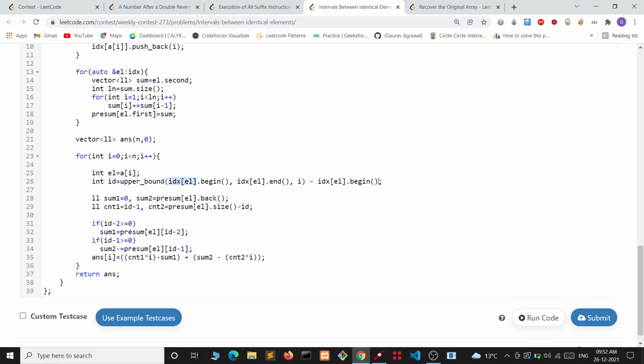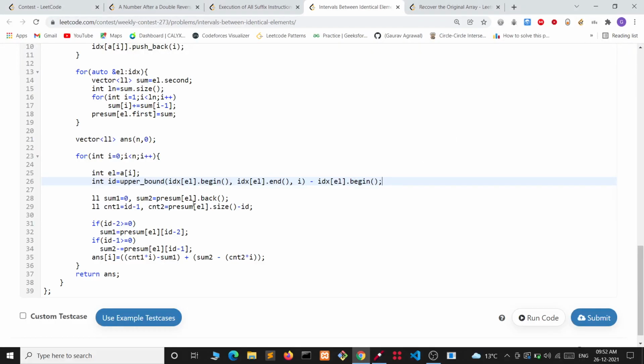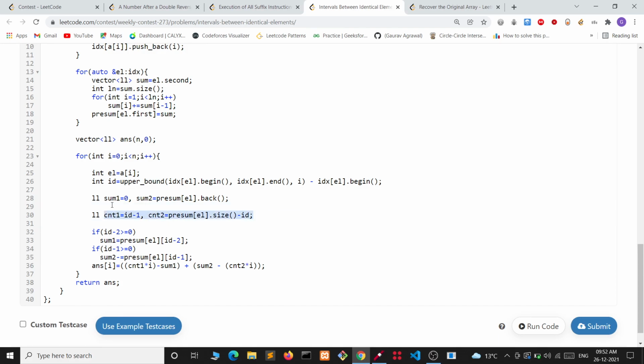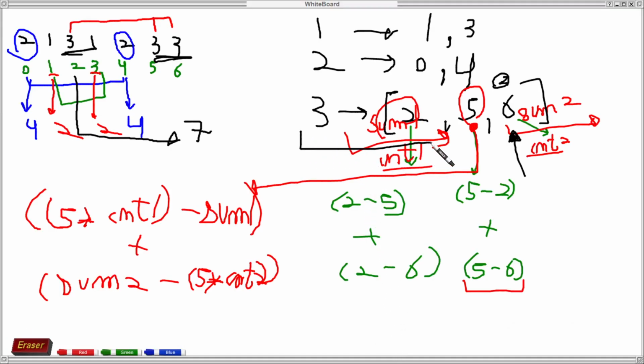So we are putting the upper bound on that to get the value of index just higher than the index we need. After that, we are calculating, this is the count 1 and count 2, and this is sum 1 and this is sum 2. If id minus 2 is greater than or equal to 0, then sum 1 will be this whole sum, which is prefix sum id minus 2.